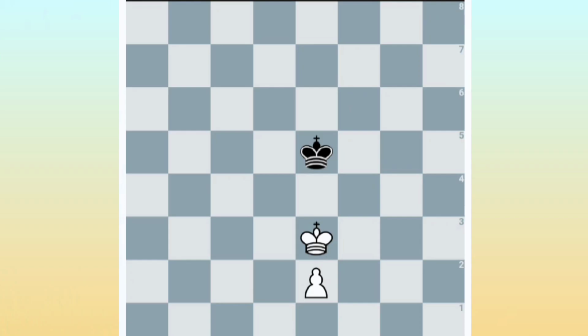Let's see this diagram, and if it is black to move, then the black king loses the opposition and the white king will get the opposition, and the white king will be able to promote a pawn to a queen. So if black to move, then black will move the king to d5, white moves the king to f4, and the black king moves to d6. The white king moves to f5, black moves the king to d7, and then white can push the pawn